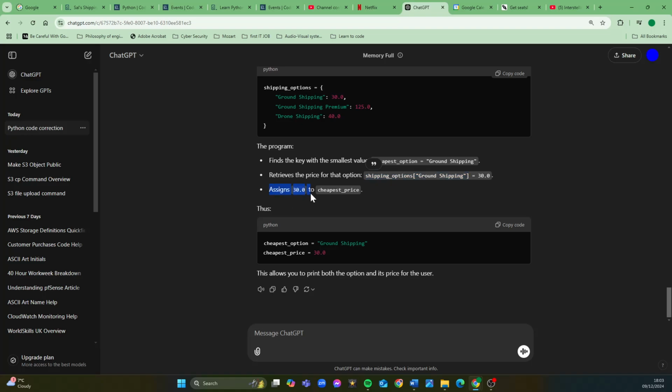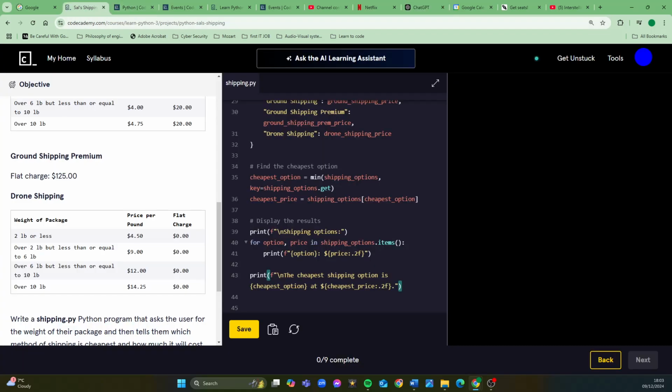But anyway, we assign 30 to cheapest price. So cheapest option equals, we'll assign to that ground shipping, cheapest price, we assign to that 30. This allows you to print both the option and its price for the user. You know, I think if we're going to copy code from ChatGPT, we should at least be able to write it out ourselves. So